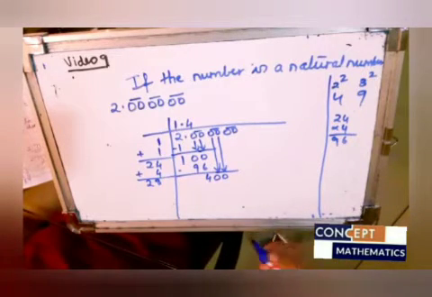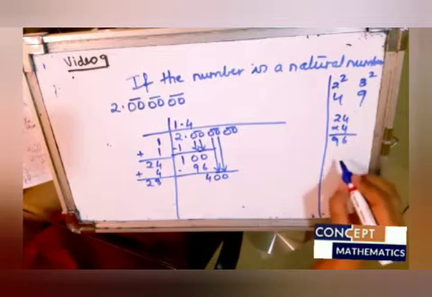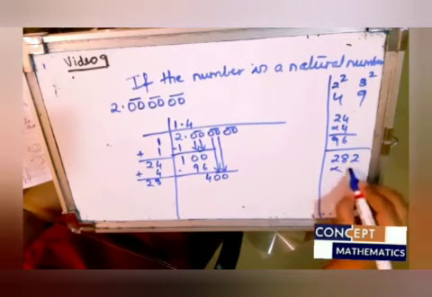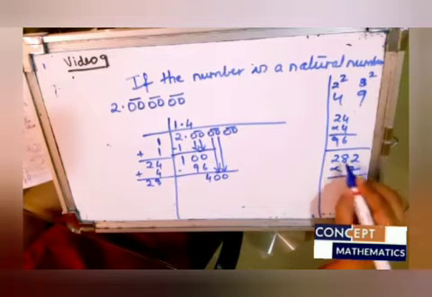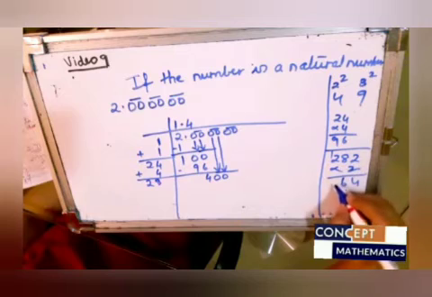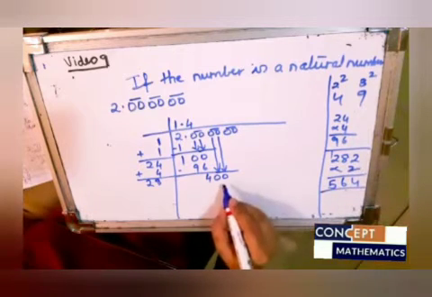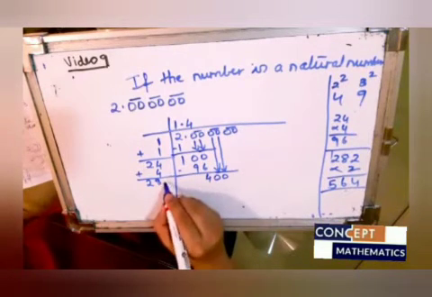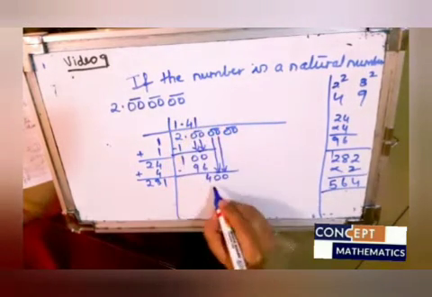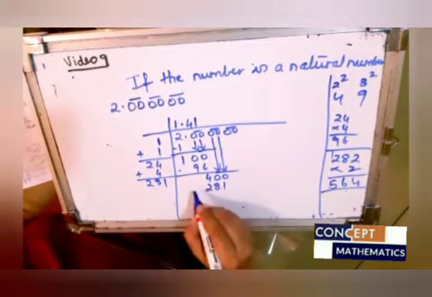So 28. So we can just go for a number like 282 into 2. So 2 2s are 4, 8 2s are 16. So 2 2s are 4 and 1 is 5. So this goes greater than 400. So we'll take 281 into 1. So 281 into 1 will give you 281 itself.